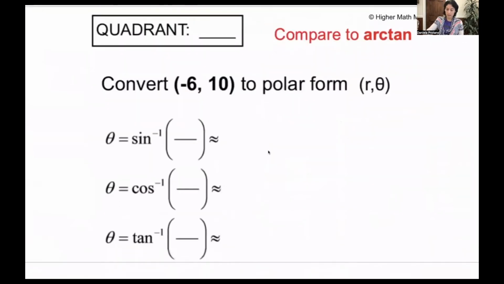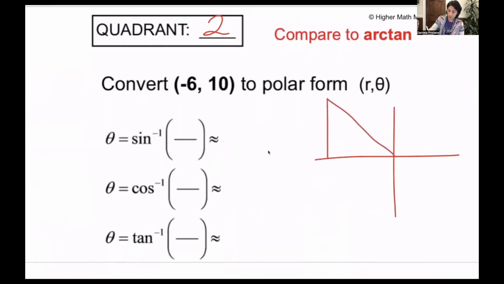Okay, so let's take a look at (-6, 10), so that's going to be a quadrant 2 angle. You might have already learned in class, you're going to do the arctan plus pi radians or 180 degrees. So we'll see why that is true. Since we're going to do SOHCAHTOA here, let's sketch this quadrant 2 angle. We went 6 units to the left, 10 units up. If we did the Pythagorean theorem to figure out r, or you could use that formula,